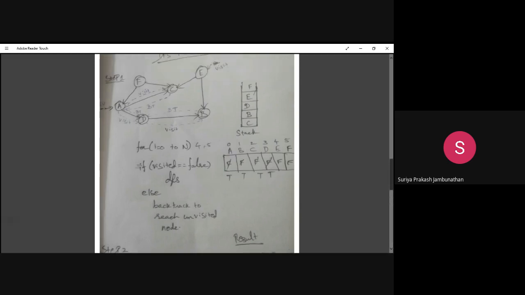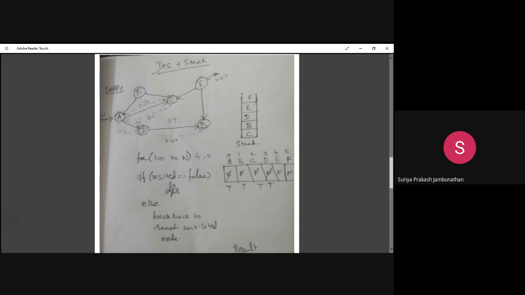Okay. Did you understand this topological sort, students? Any doubts in this? Topological sort is a very important thing. In decrease and conquer, we are having only topological sort in your syllabus. Any doubts in this? You should properly understand how we are visiting, how we are doing backtracking, how we are removing the node. Okay, let's go further.